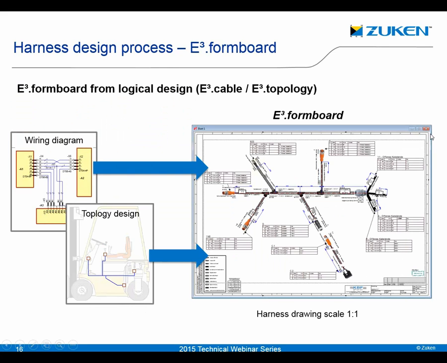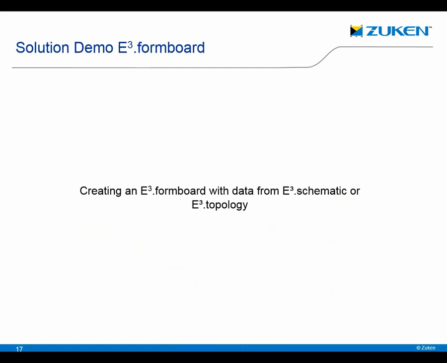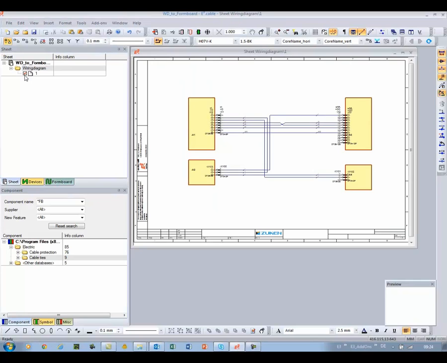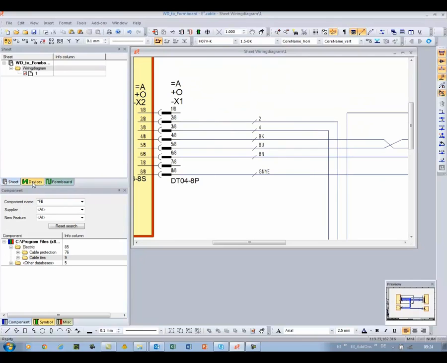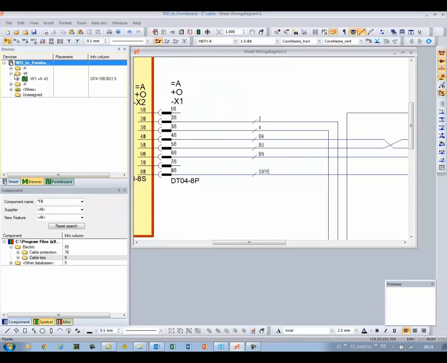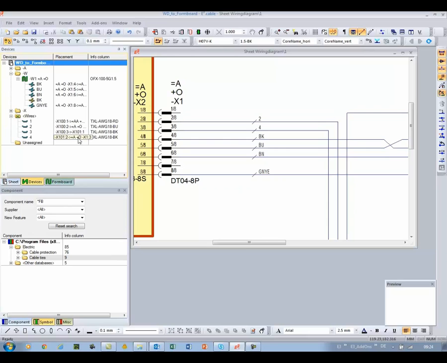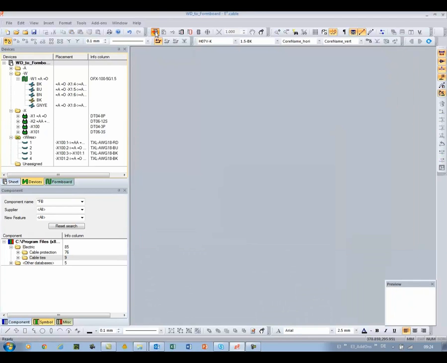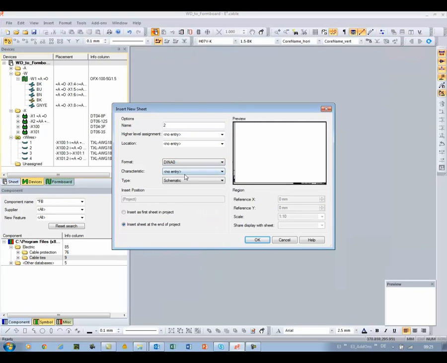Here we see an example using data directly from the wiring diagram or topology design. Now let's see a solution demo of how this will work. The wiring diagram defines the connectors, the cables and wires, and their connection logic. Here in the device tree, you will see a cable with cores or conductors and also wires, and you see the targets of the wire ends. Here we have the connectors, and now we create a new sheet. We create a form board sheet,